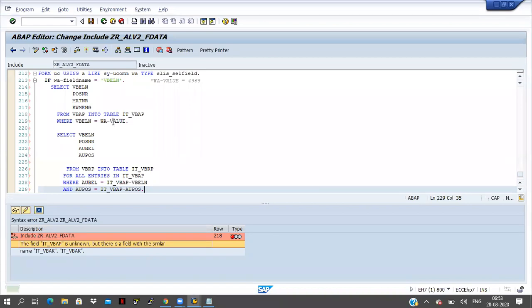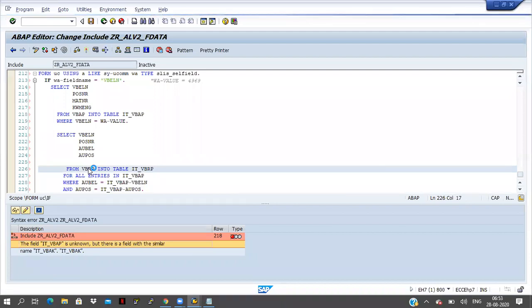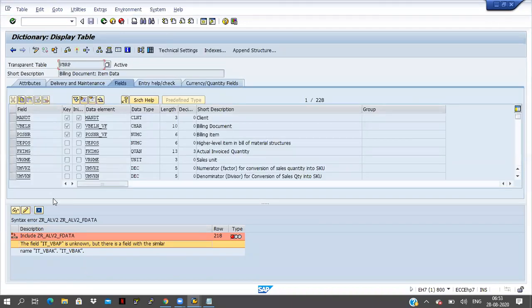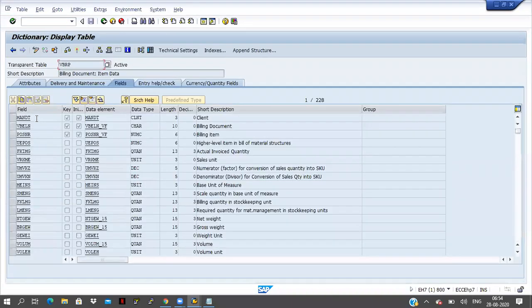First of all, I have to get to know what the quantity field is here in VBRP.